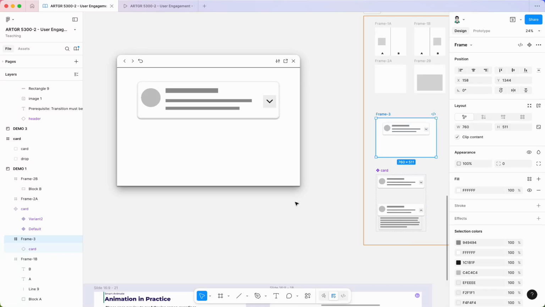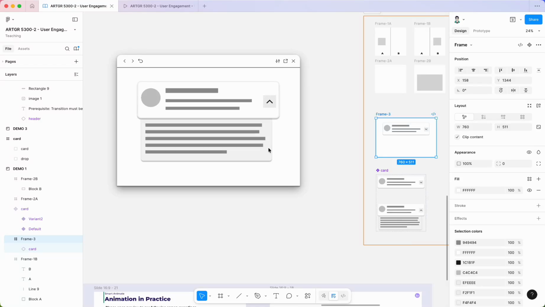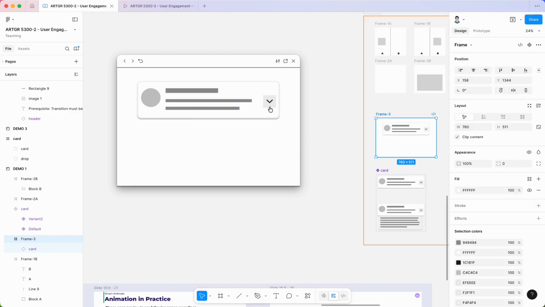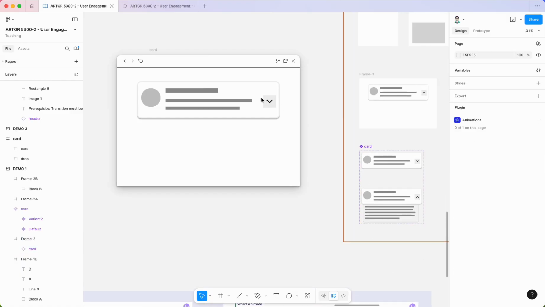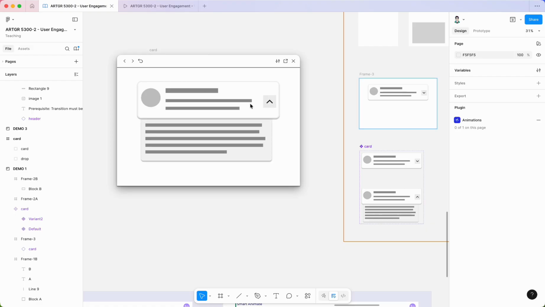Now let's create this card, and this card can show some more information down below when I click on this button. Okay, to make this animation, I will need two states. First is the initial state, which then shows the drop-down menu, and the second state is the final version that